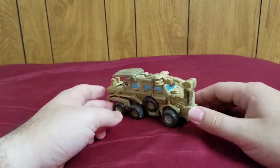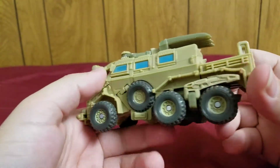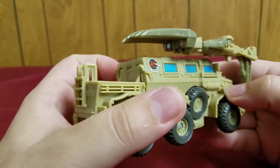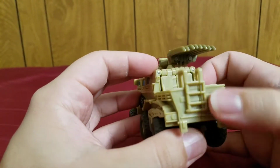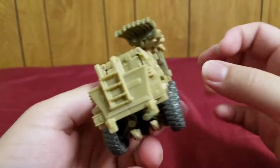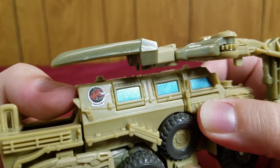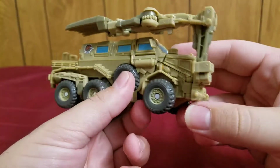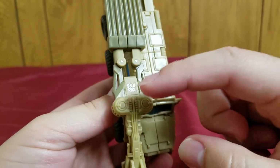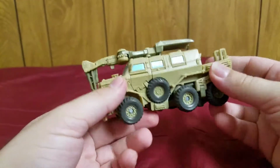The Transformers movie 2007 Deluxe class, Bonecrusher. And here he is in his very nice alt mode. Check out all these details. A nice little ladder. Right here you have a little bulldog logo that says Bonecrusher underneath, and a Decepticon symbol right there on this, I believe this is called a Mind Fork, because this alt mode